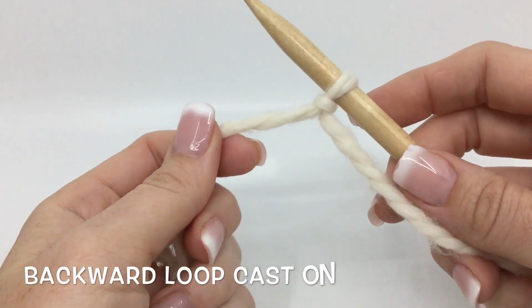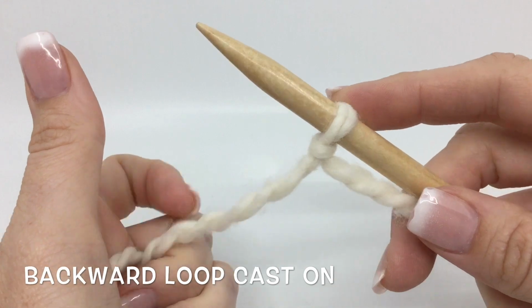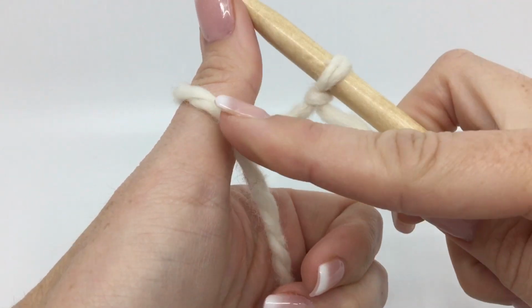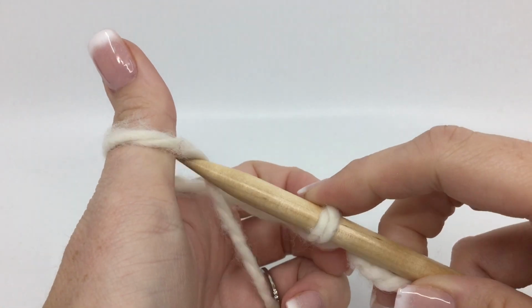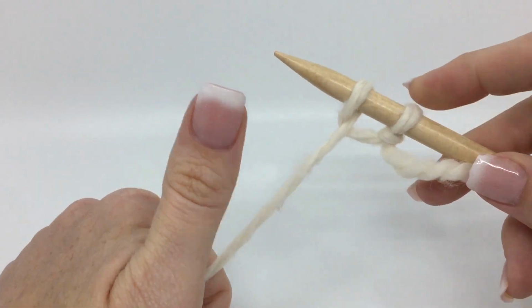To do the backward loop cast on, you're going to start with a slip knot on your needle, and you're going to take your thumb and just holding your yarn in your palm, bring your thumb down so that the working yarn is on the outside of your thumb coming down your palm. Take the point of the needle, bring it through that loop, let go of your thumb, and pull it tight,